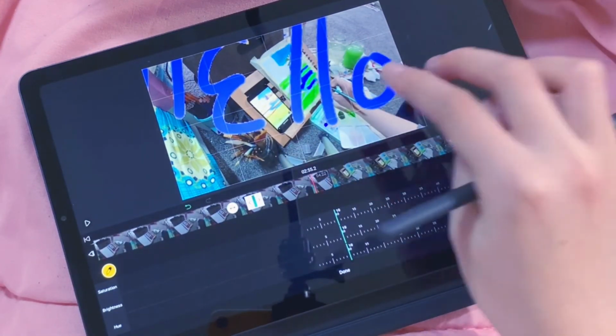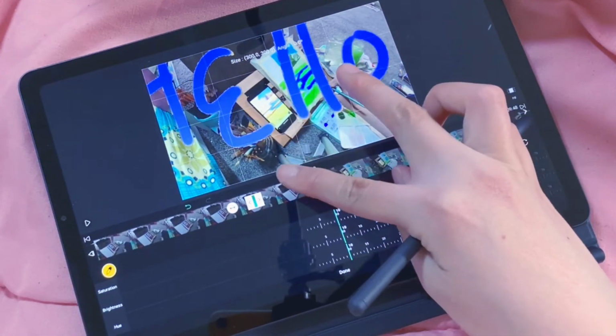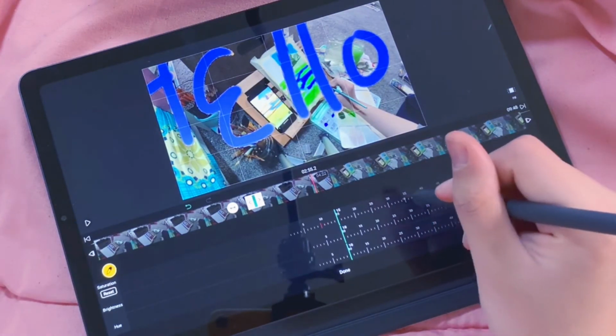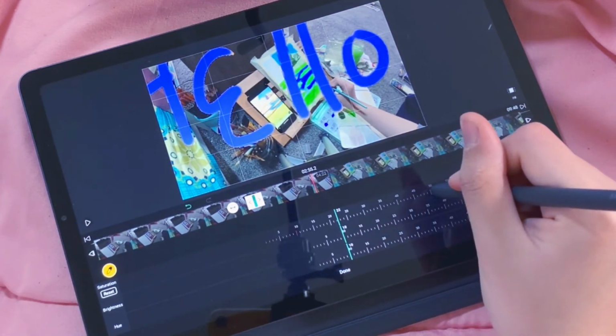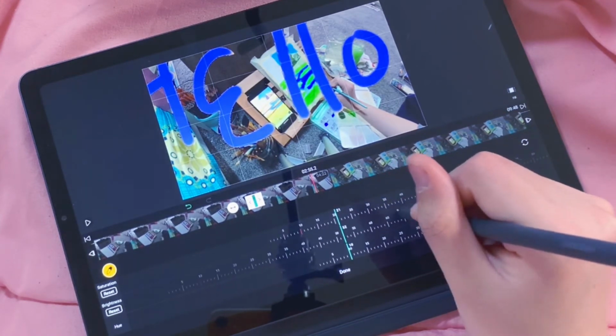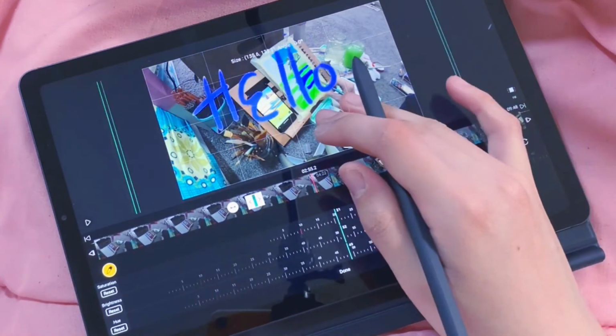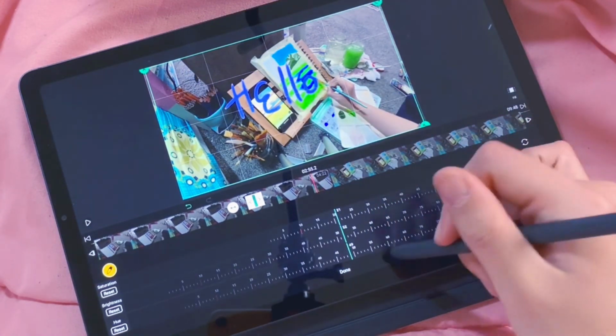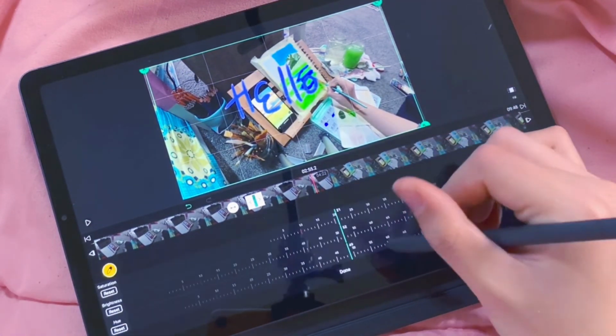Sometimes it would work pretty well because you can see the outline, so you can adjust it to make sure that the outline is going to be right. You can adjust this line until you see that the outline is roughly disappeared. Sometimes it wouldn't matter if the text is small and